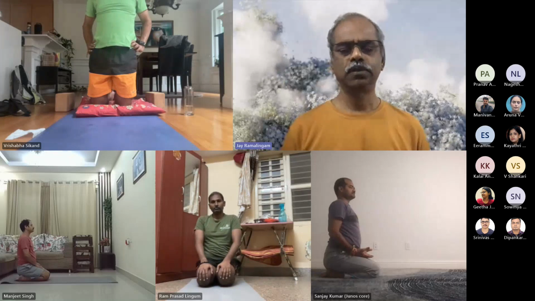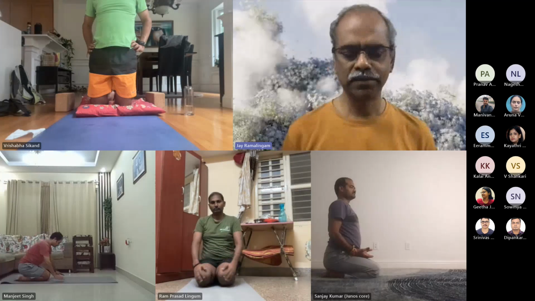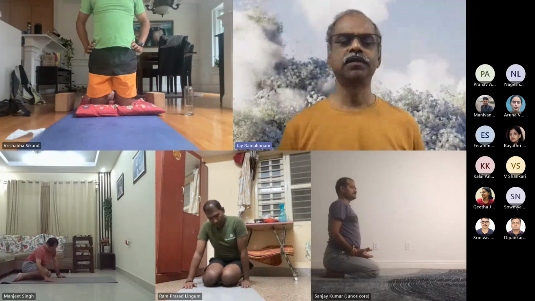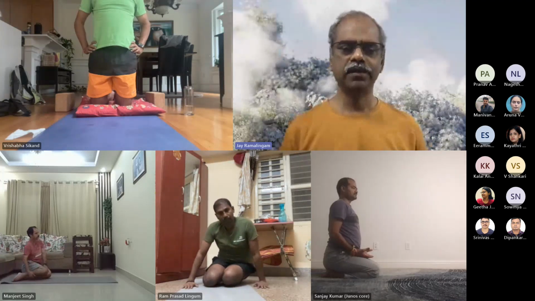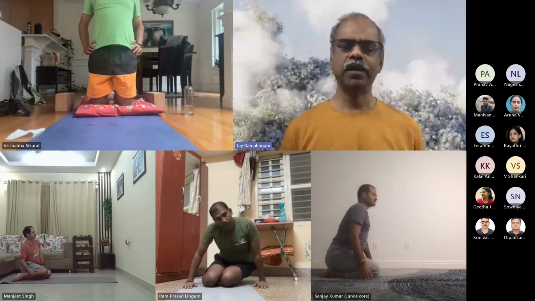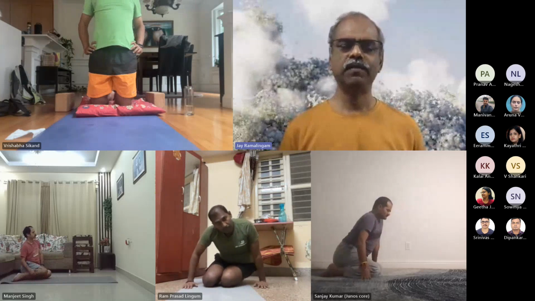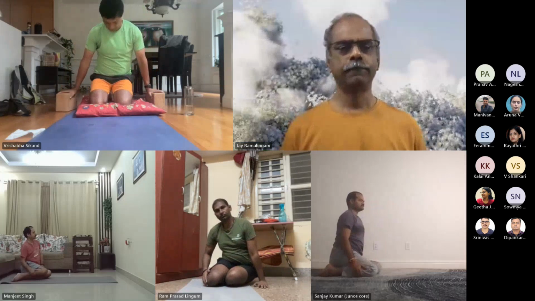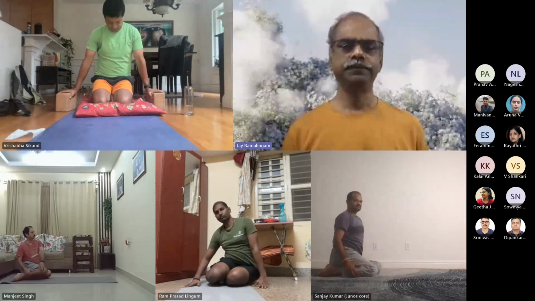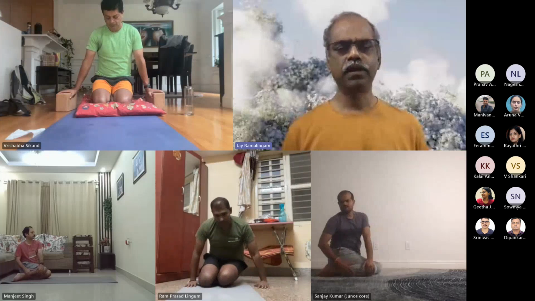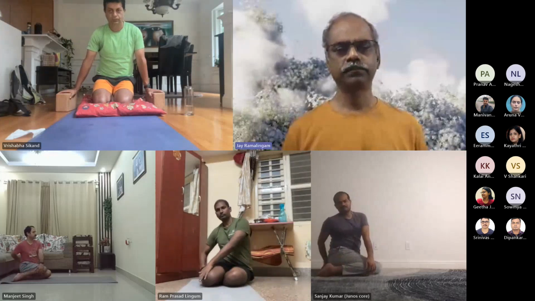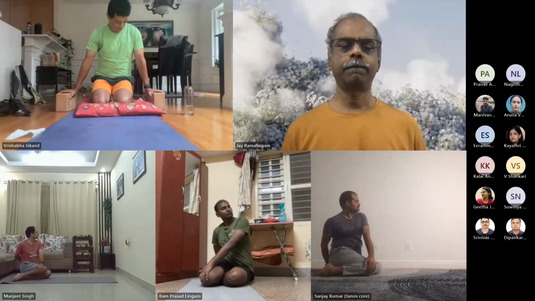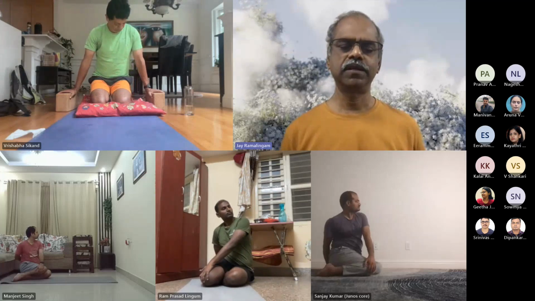And take the support of your fingertips on the mat. Slide your seat bones toward the left side and sit. Leave your feet exactly as they are, where they are, and take your seat bone and sit on the left side of your feet. Left palm on the right knee. Right arm behind your back. And look over the left shoulder. Bharadwajasana variation.